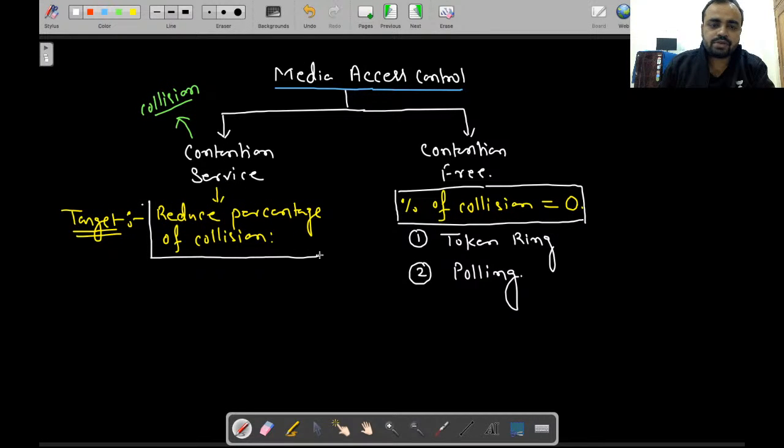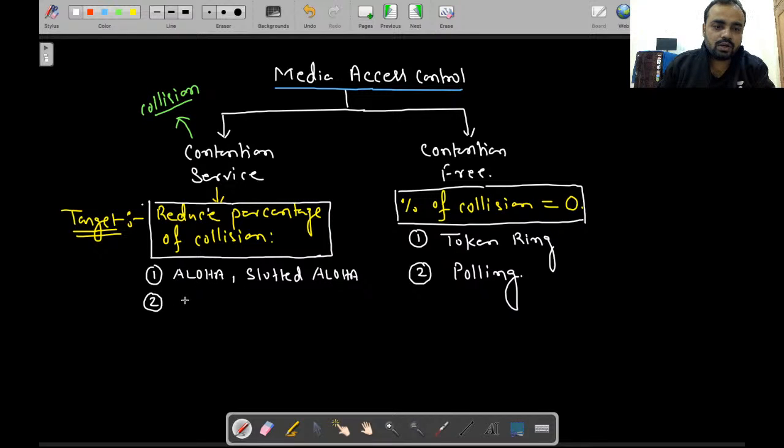But in this situation, if it is a contention-based protocol or network, then there is definitely a collision. So our main target is to reduce the percentage of collision. So here we will study simply Aloha, slotted Aloha, and then Aloha and slotted Aloha,